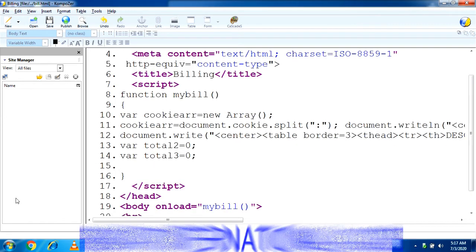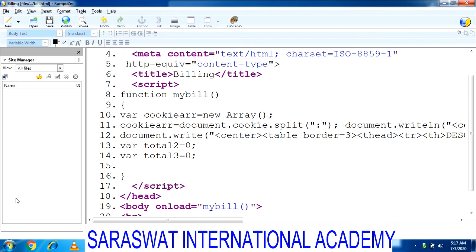Next line is document.write(""); Here I am closing the first table tag, and after that I am closing the center tag which I opened. Okay,